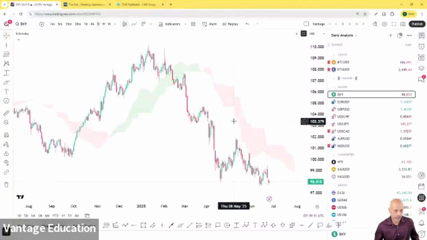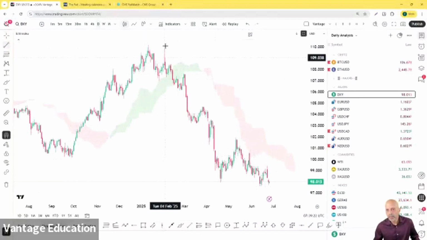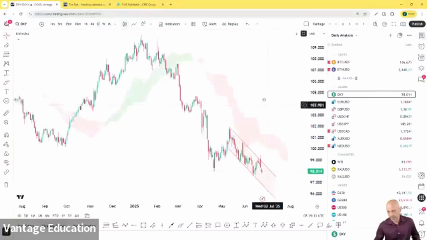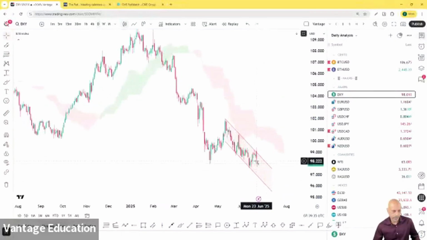Right, so the red Ichimoku cloud moving downwards along with price action continues to highlight the strength of the ongoing bearish momentum. Now, beginning from 12th of May, there's actually a pretty good descending channel, and we can identify a false breakout at the beginning of the week, Monday, 23rd of June. This Monday, there was a false breakout that had taken place, with the dollar index